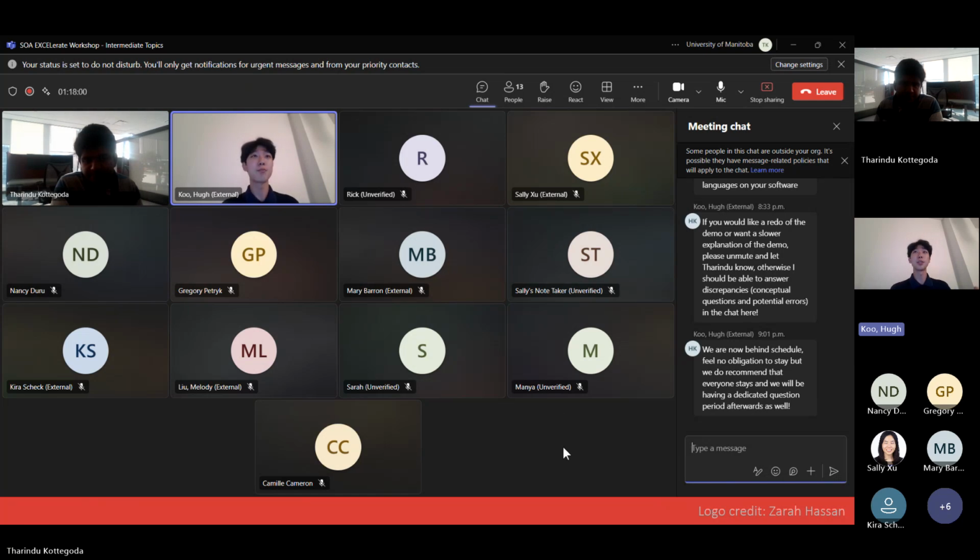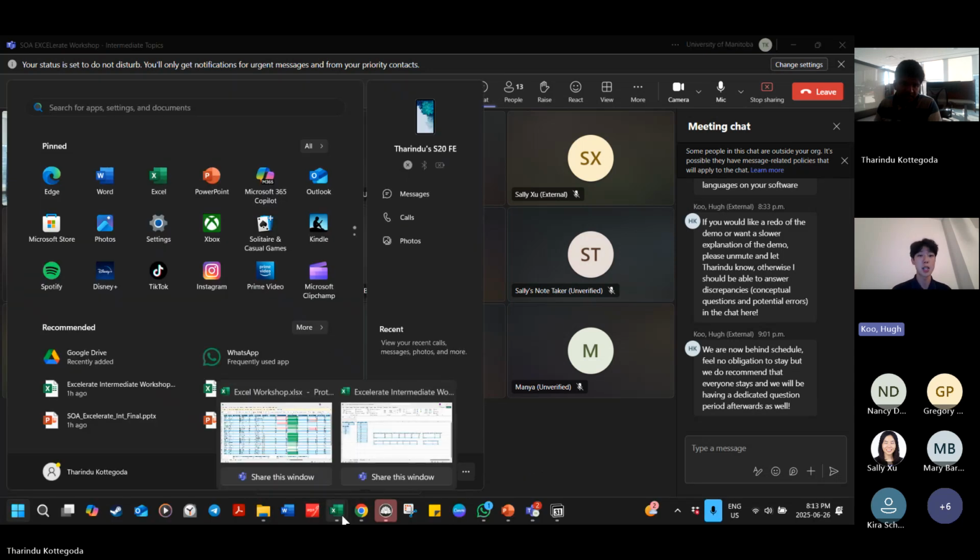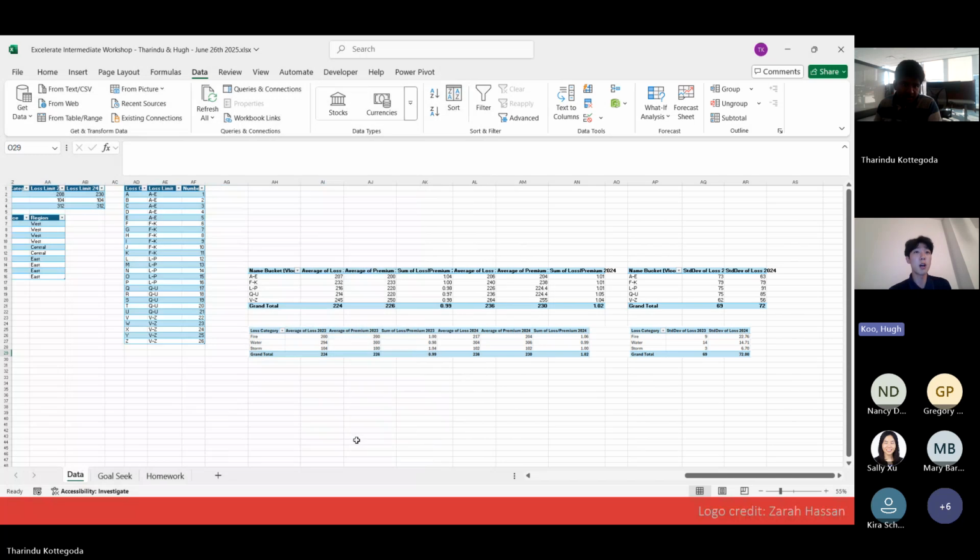But personally, I think it will be beneficial for you guys to see the basics of pivot charts and a little bit more graphing with combo charts as well. So we'll just go right into the concepts of combo charts. So a combo chart,